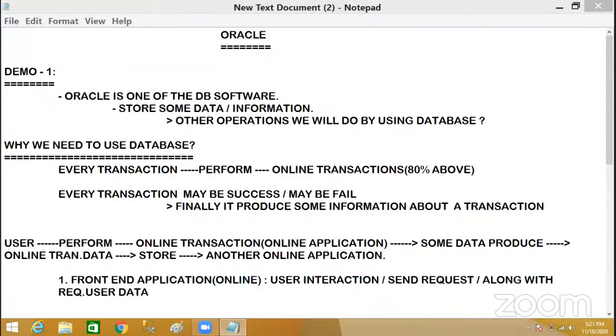Yeah, definitely, Chandra. I will give the software also. Don't worry about your Oracle software. I will give the Oracle software and the information on how to install it. Based on that, we are going to work. So don't worry about your software. Before we enter into practical classes, I will give the software that you have to install.